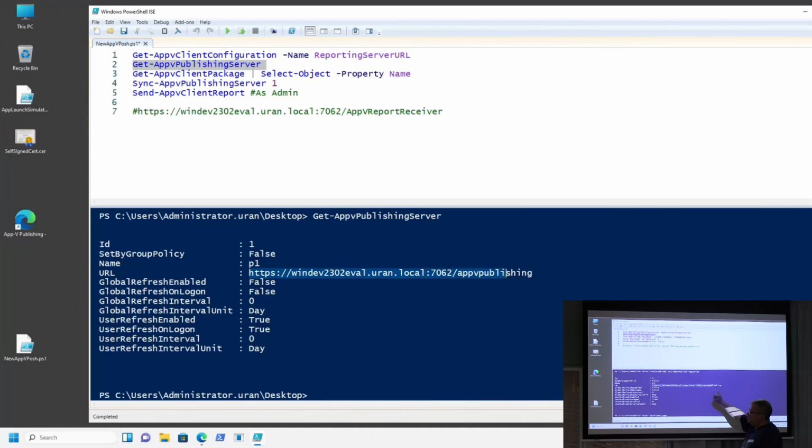This one returns the XML file with the publishing information, and it's nearly fully compatible, I think, also with user and with the deployment configuration and the user deployment configuration.